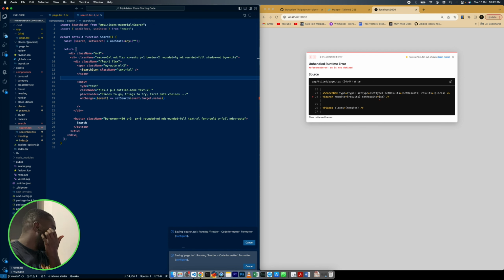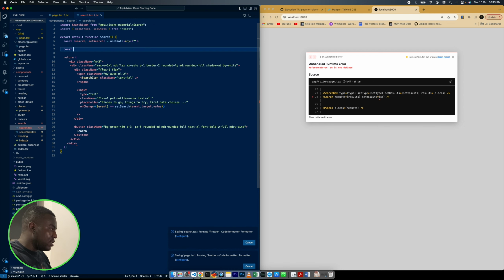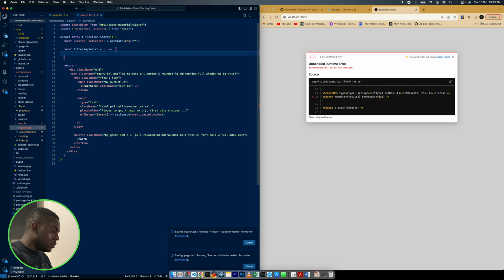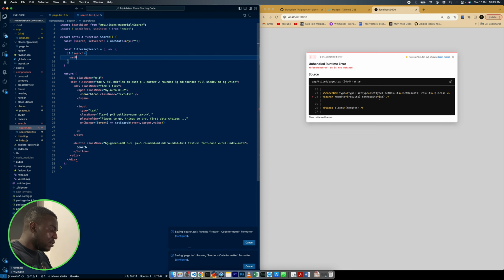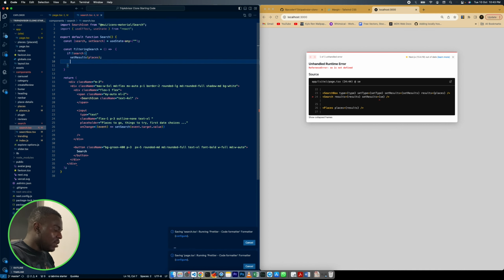So now we're going to create a function that helps us search through this. Okay, so we're going to first of all create that function. We're going to say const filteringSearch. We're going to say if search is empty, if there's nothing inside that search, we're just going to say set results to places. This is because if the user is typing something and then he now deletes what he's typed, we want to set everything back to reset. Okay, so return